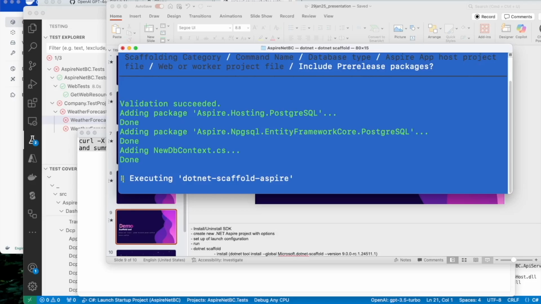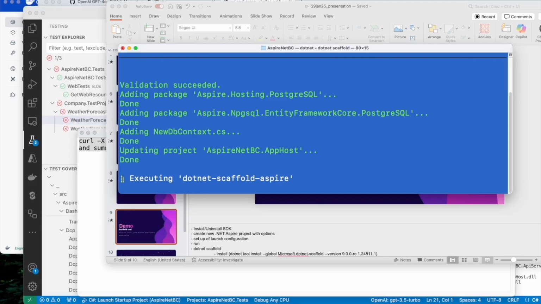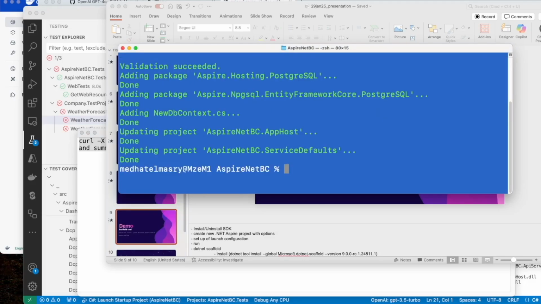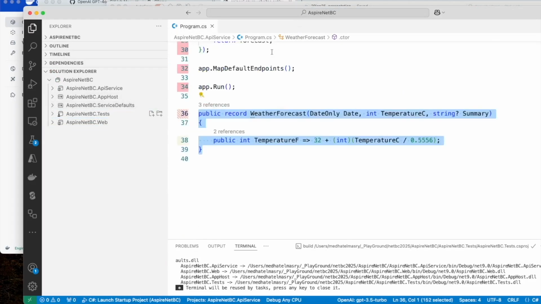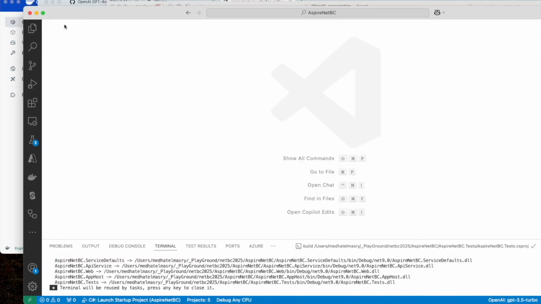If you're not familiar with Aspire, I have another example that could be closer to home. We're going to use Scaffold to scaffold pages for Razor pages. Now, if I go back to my project here, you will notice that it didn't add anything. But if you go to your app host, program.cs,